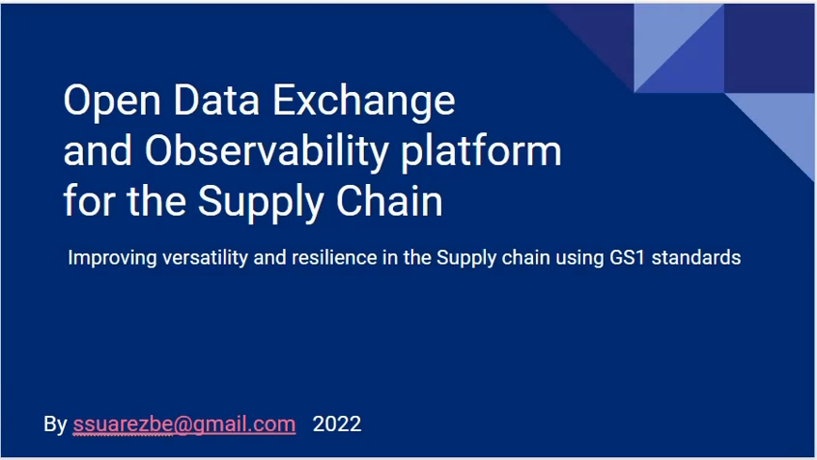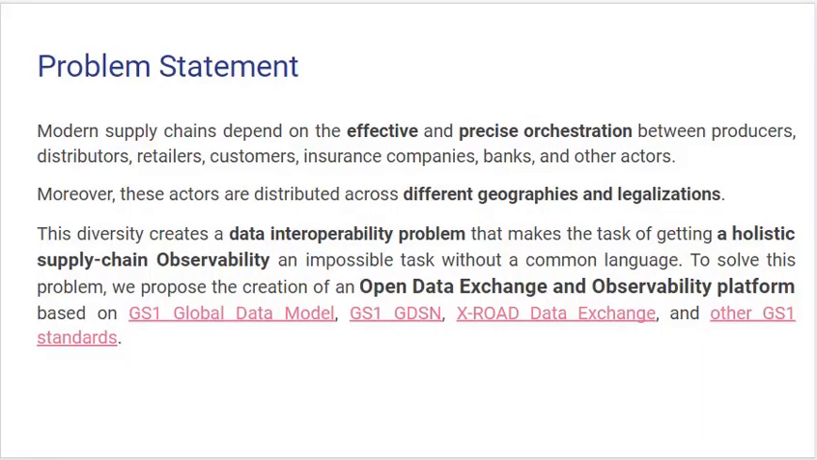I'm going to describe how an open data exchange and observability platform can improve the versatility and resilience in the supply chain by using GS1 standards. Modern supply chain depends on effective and precise orchestration between different actors across different geographies and legislations. This diversity presents a data interoperability problem that makes difficult the task of getting a holistic supply chain